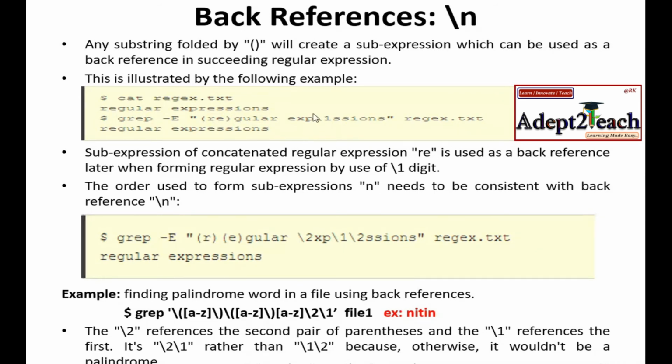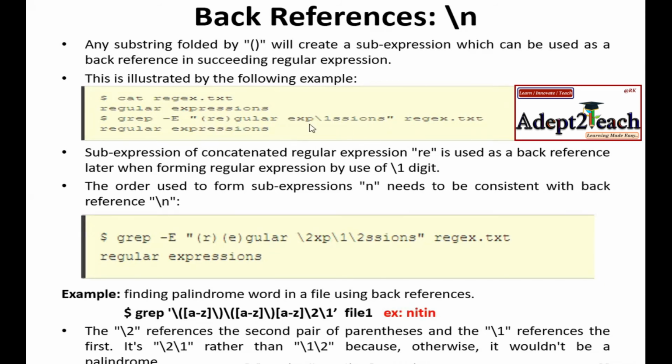When I write slash one here, this slash one will be replaced by the first substring, that is RE. So when the system reads it, it will replace this slash one with RE. It will read it as regular, exp, then for slash one it will again put RE, then "sions". This is how it is going to search.